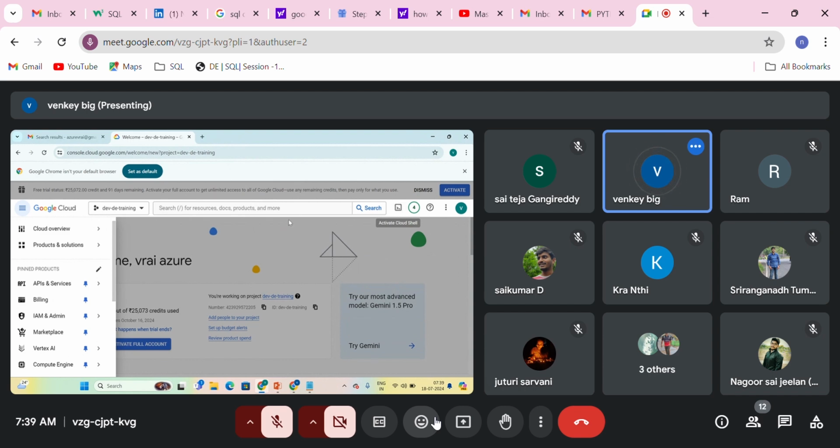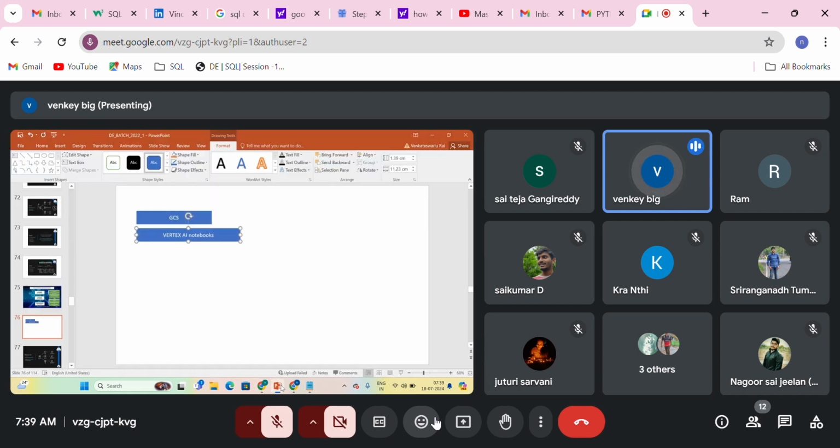So first we will see this Vertex AI notebook, then we will go to GCS, because as and when we create the project, we'll start with Vertex AI notebook. Then we will see GCS, which is actually the cloud storage.